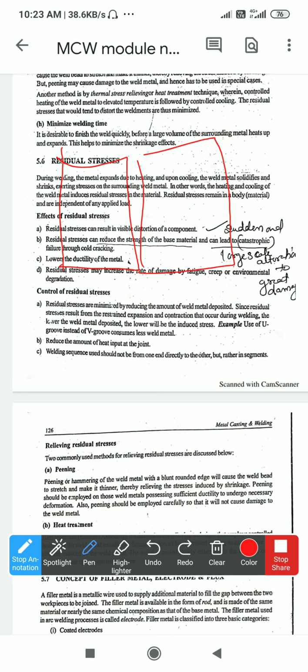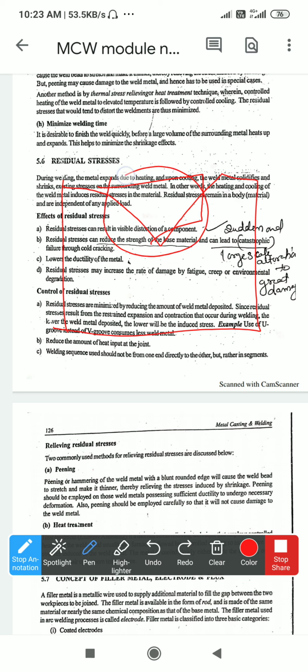So when you are going to weld, the material which is going to be deposited to join the two materials will be more. If you give a groove in a U shape, only this area is there, and only in that particular area may the material be deposited. If you take the V shape, only this much area is covered by the deposited electrode or the welding. Okay, now next we will see how to reduce the amount of heat.